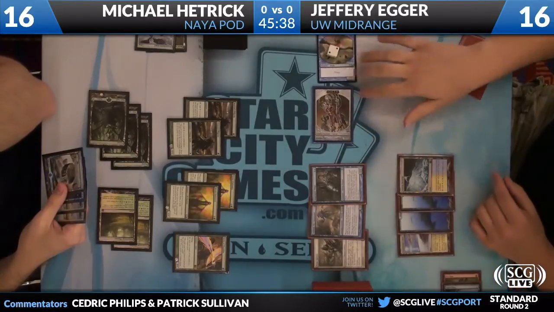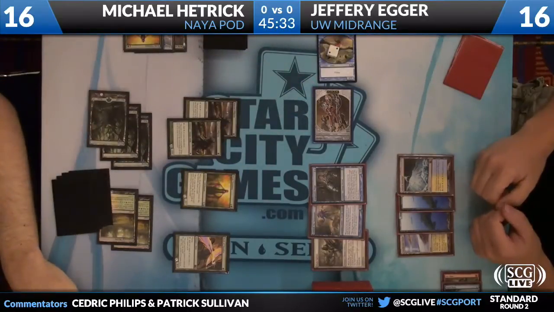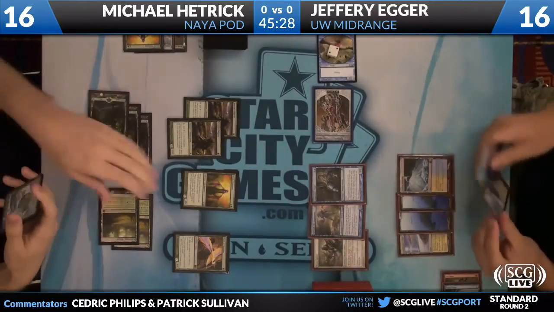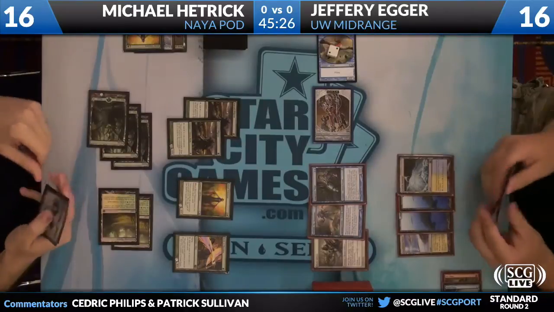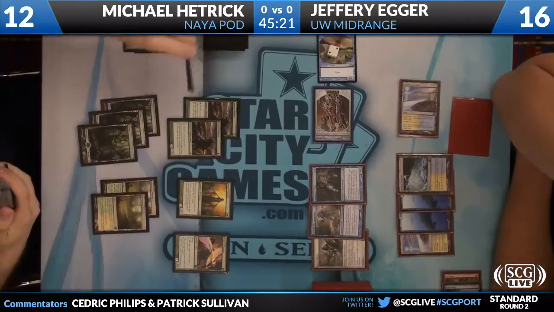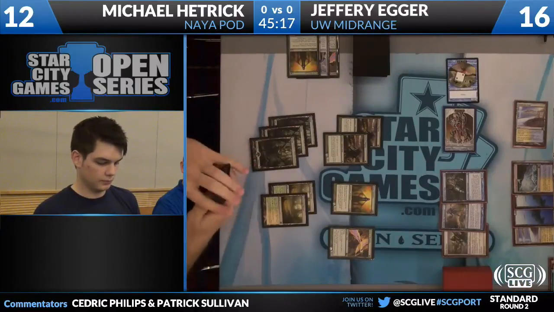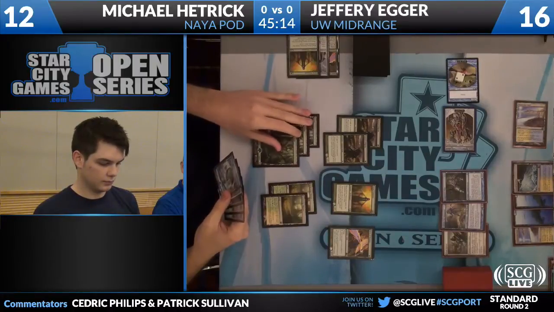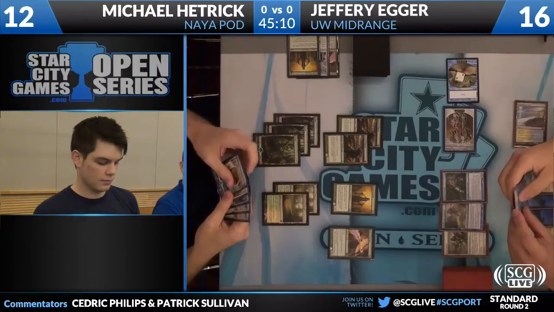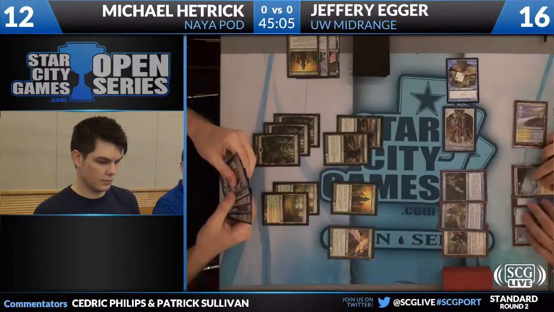understand. I would be a much bigger fan of this play if Hetrick didn't have so many chump blockers. It's hard to push lethal or threaten anything close to lethal from this spot because he's got so many mana dorks and visionaries that he can chump with. Although maybe the Vapor Snag's just not getting any better. I mean, that could definitely be a thing, but it'll be hard to say. It'll be interesting. I think that's something we should keep towards the front of our mind, thinking of the game as if Jeffrey did have a Vapor Snag in